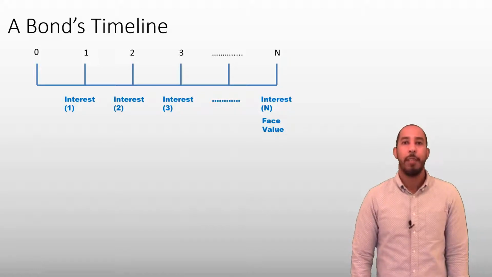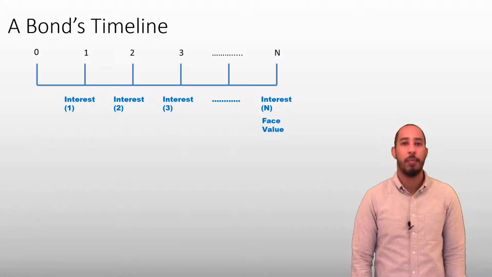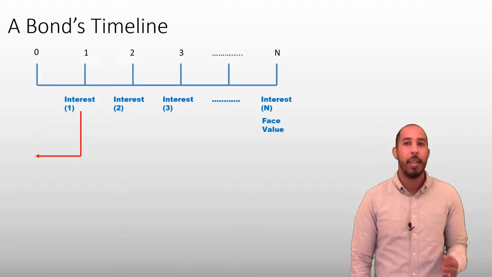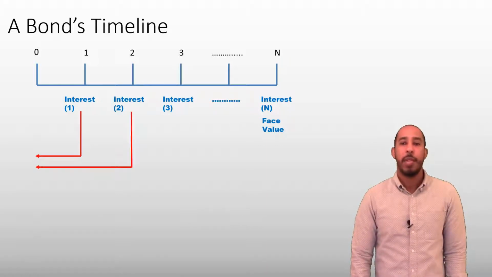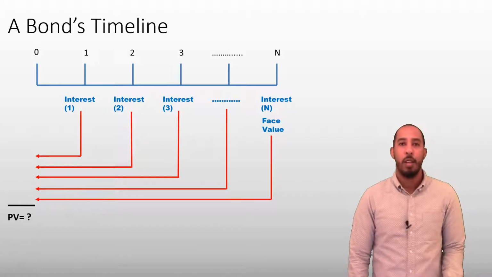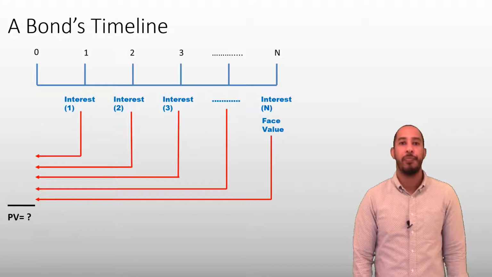Just looking at this timeline, you should have a good idea on how to find out this bond's value. We're going to use the exact same techniques we used in the previous chapter. To find the value of this bond today, we need to find the present value of its future cash flows. We'll get the first interest payment after one period, so we need to find out what that is worth today, at time 0. Then we would get each subsequent payment in the future, and we have to figure out what those are worth today. Once all these future cash flows are converted into their values at time 0, we can add them together, and that's going to be the value of the bond.